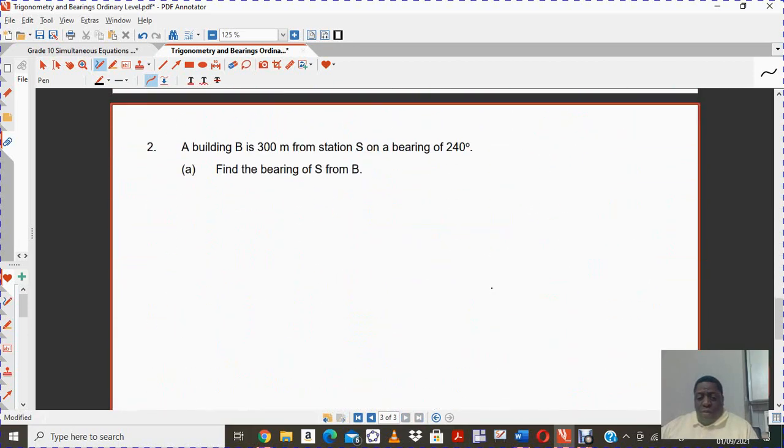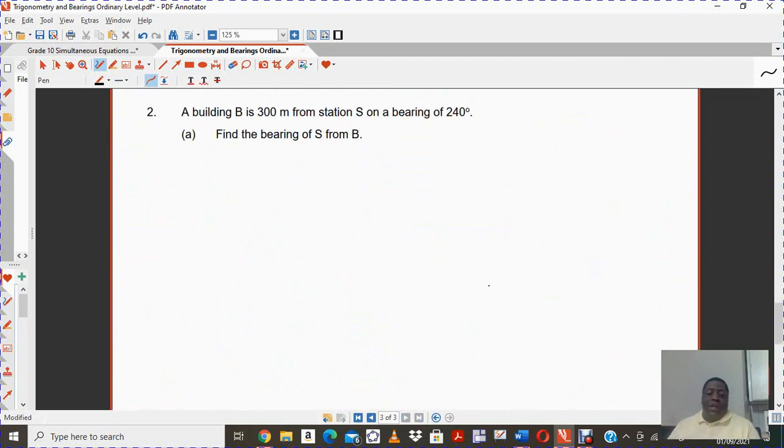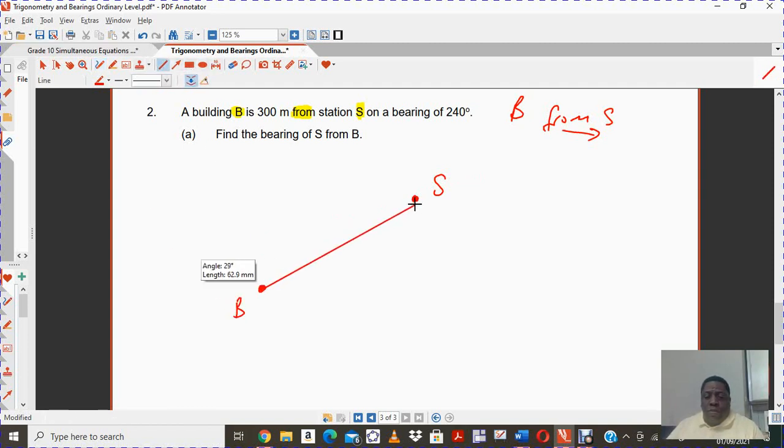Okay, so there is another question here. They say a building B is 300 meters from, and this is the key word, the from, so maybe I should bring this a little bit in, from S. So it's B from S. So that means B from S, we have to go to S. And once we are there, suppose that is my point S, and that is my point B. So this distance here,